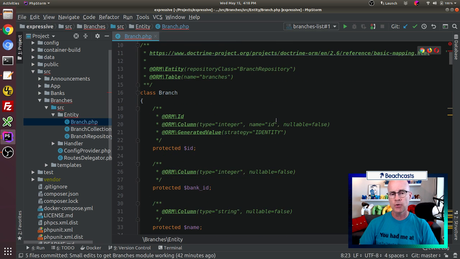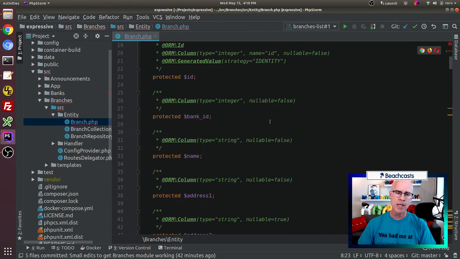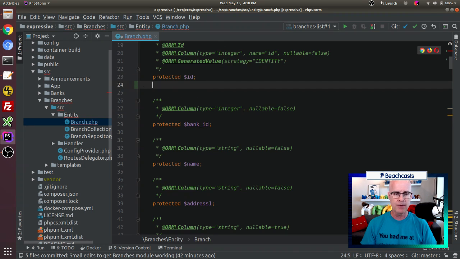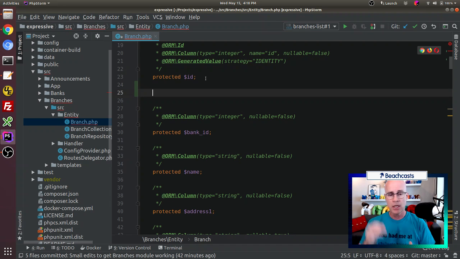And then we want to create a new field. Now we have the field for bank ID here. We don't really need that. I'm going to leave it there just for redundancy's sake, as a bit of documentation. But what we need to do instead is create a field for bank. That way the branch will have a bank field. And so what that's going to look like is this,